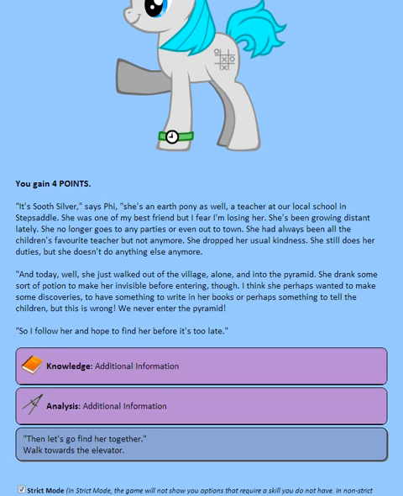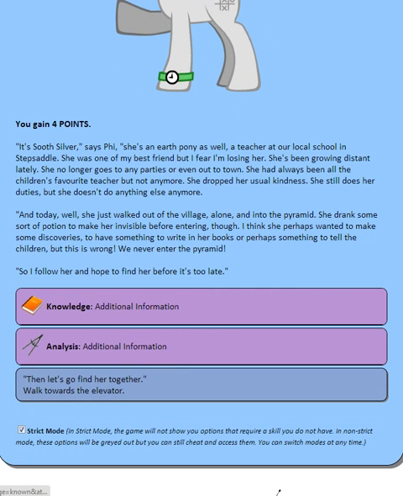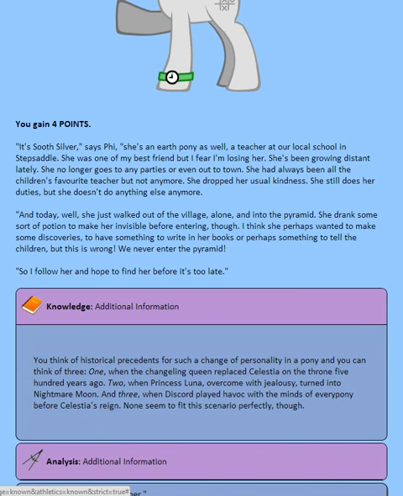So I follow her and hope to find her before it's too late. It's okay, and we get both of those. See, even the ones that I picked totally randomly almost seem to make sense of her. Yeah, that's pretty useful. So knowledge. You think of historical